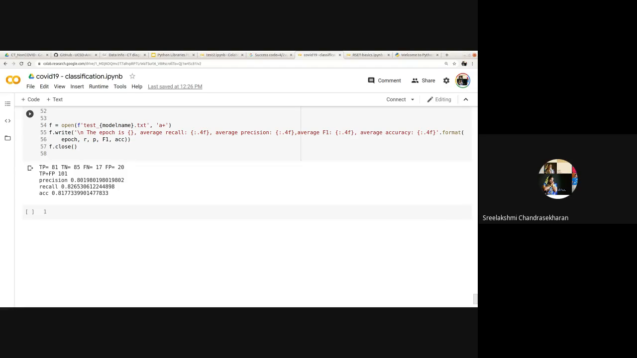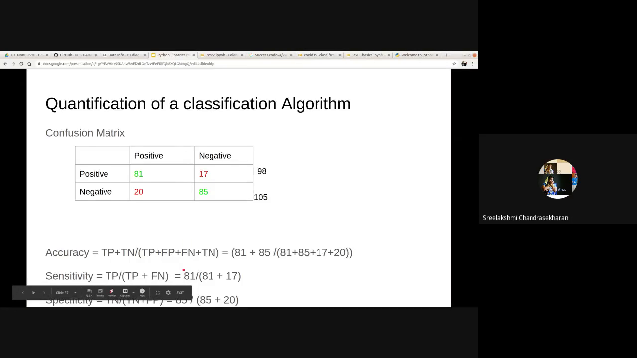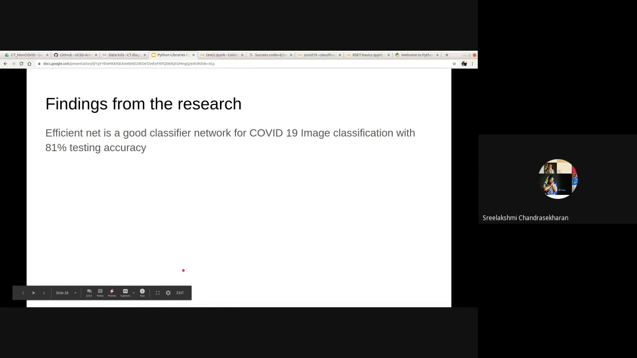So the entire research process is over, and we'll get some findings. After this research, we can say that EfficientNet is a good classifier network for COVID-19 image classification with 81% testing accuracy. Now, whether this is a good network or not,